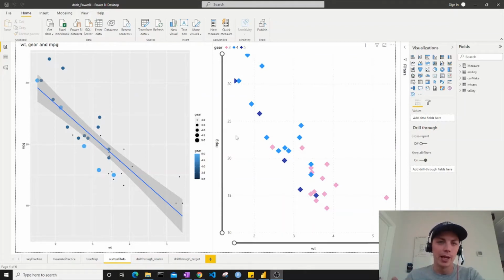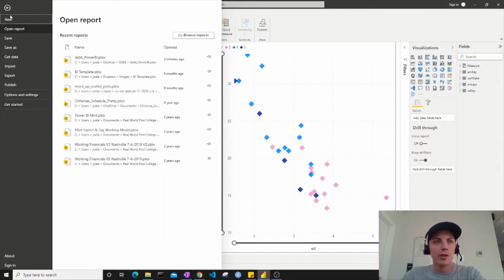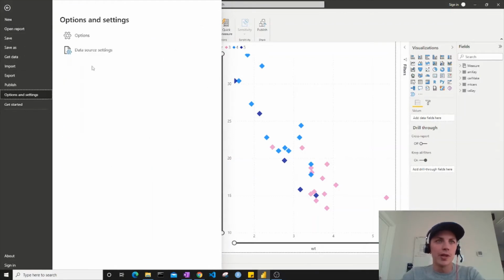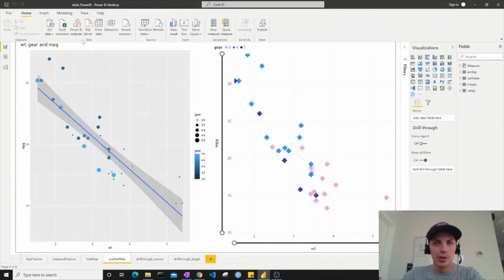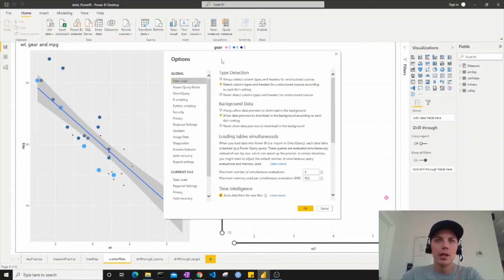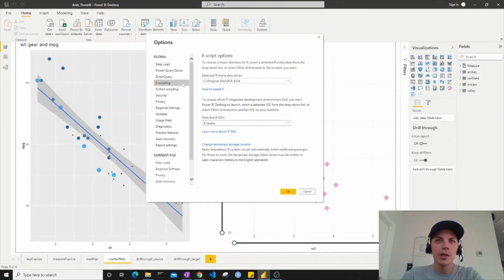We go through Power BI, and now I'm just going to show you, like I mentioned in the last video, it actually popped down as a banner, just how to install, not how to install R, but how to make it your default IDE. So just go to File, and from here go to Options and Settings. Go to Options, there we go, and then go to R scripting, and you can see there's a little how to install R